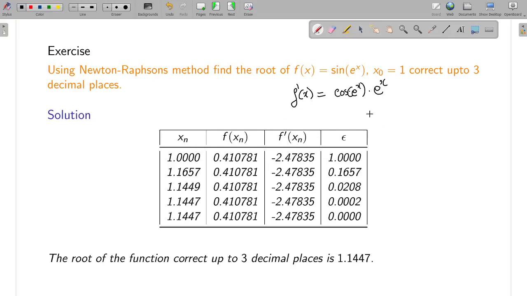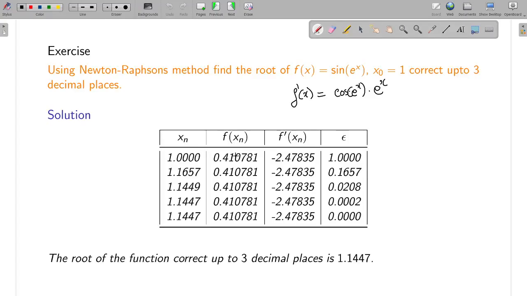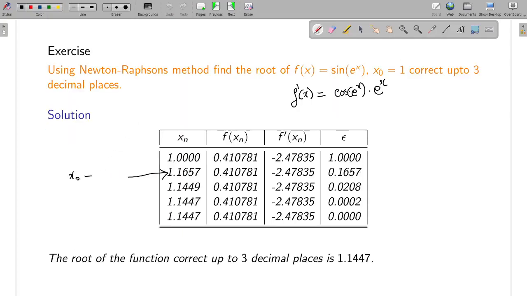Now you need to find the next value, xn plus 1. So what will that be? That will simply be x naught, which is 1, minus f of x naught